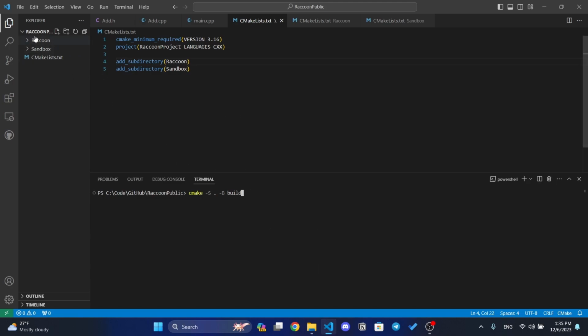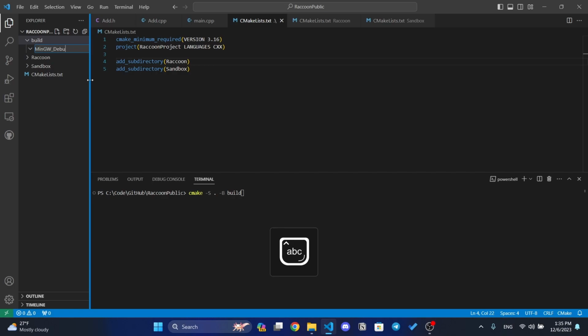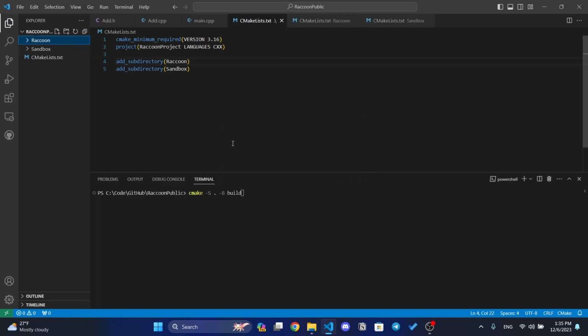Okay, so I would like to have something like build, and inside of this build folder, we will have a lot of types of builds. It should be mingw debug, mingw release and stuff like that. So to do this, we specify this build to be mingw debug. We will firstly build debug. Then we need to specify what we actually build. If we don't specify, in my system, it will build a Visual Studio solution. I don't want to do this, so I would like to build